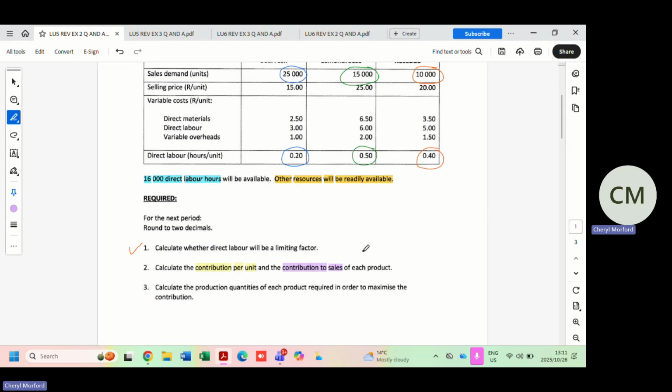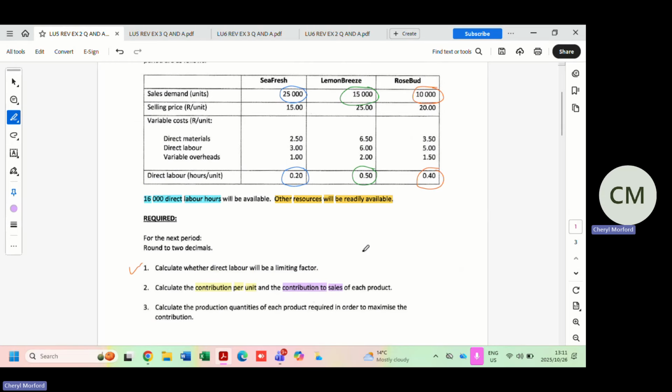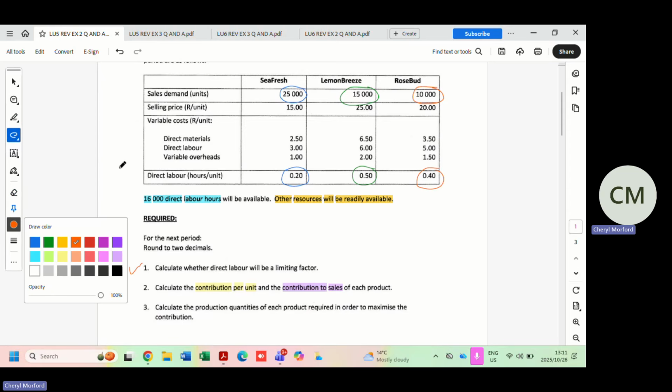The contribution per unit, we started looking at that already in Learning Unit 3, where we did break even. We did it again in Learning Unit 4 with the linear programming. So very simple. It's your selling price per unit, subtract your variable cost per unit. And here it's nice and convenient, you can't possibly go wrong